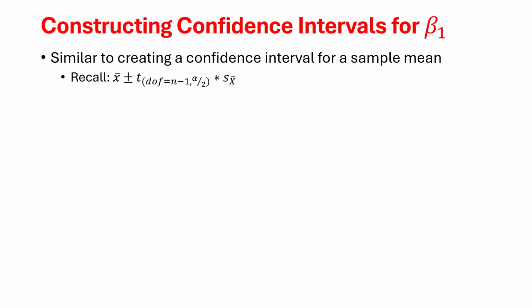I'll show you how to think about this in relationship to what we've already talked about. So when we're looking at a sample mean, how did we build a confidence interval? We took however many standard deviations away we needed to go to get our desired alpha total in the tails. So we had two-tailed tests. That was going to mean whatever z value would give us half of alpha in each tail. Okay.